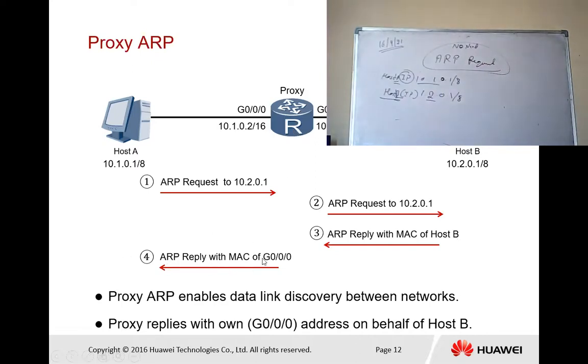That is ARP reply with MAC of gigabit 0/0/0, the address of a particular port. This is the port number for the proxy to reply with its own address on behalf of host B.